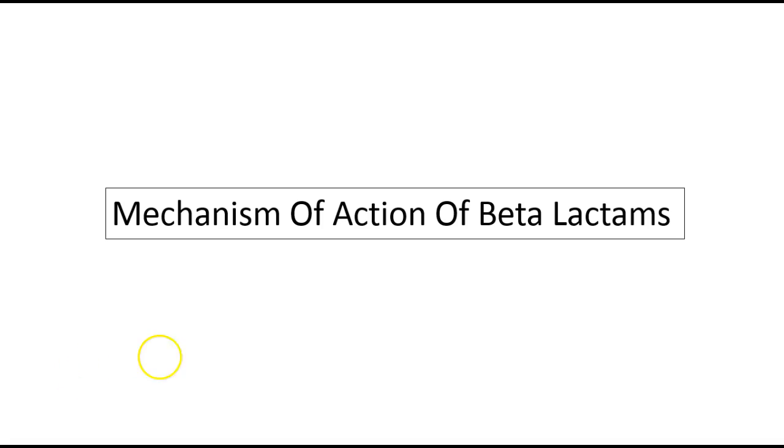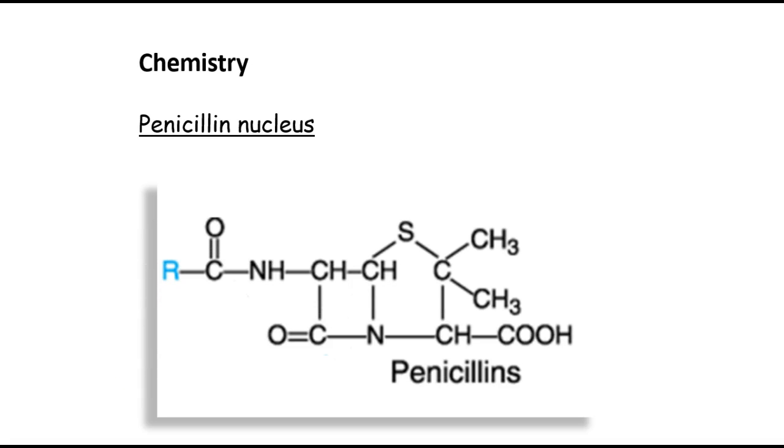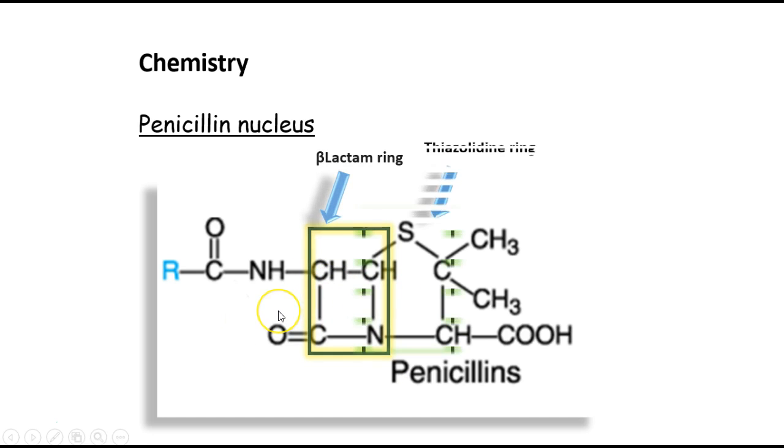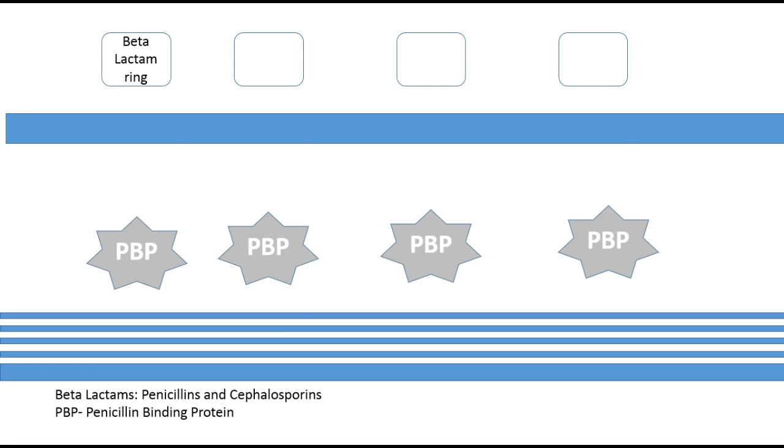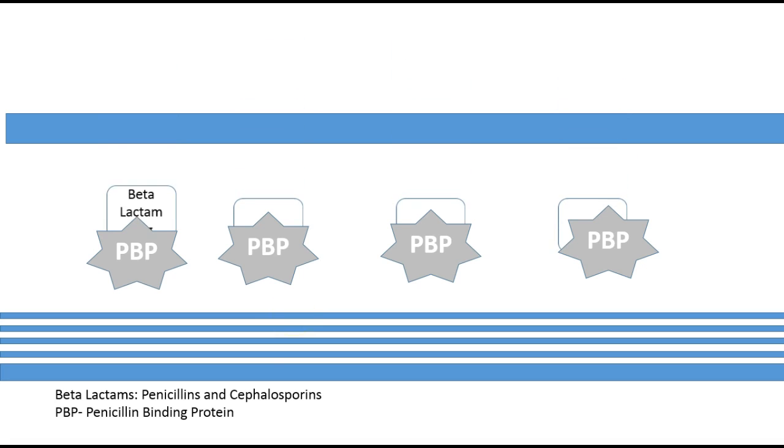Now, mechanism of action of beta-lactams. The beta-lactam structure has two rings. One is the beta-lactam ring, which is the active component of the drug, and the second one is the thiazolidine ring. So knowledge of the beta-lactam ring is very important because that's the one which mainly takes part in the mechanism of